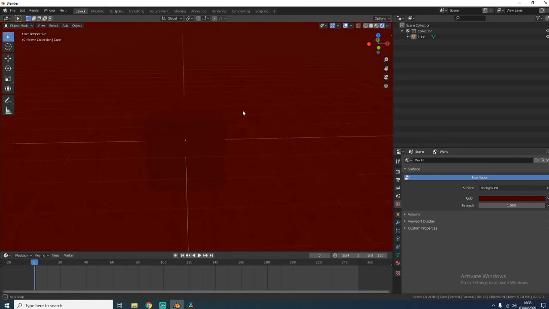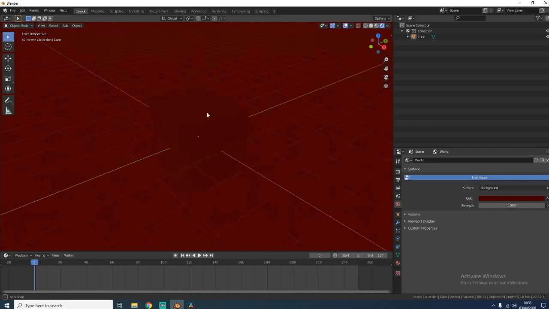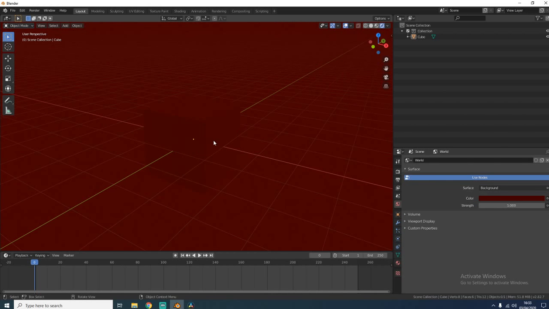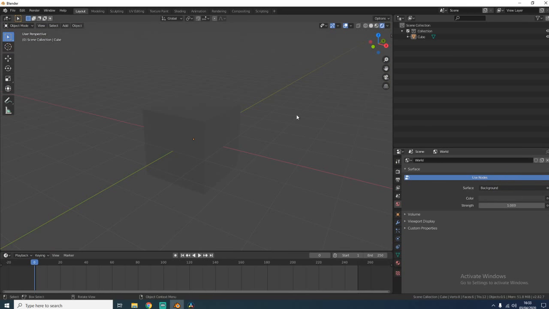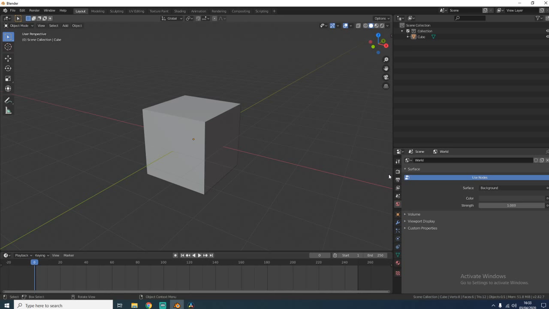Okay, so the object, it's red everywhere. And it's, of course, not something that you would do. You don't use it like this normally. So let's go back to our default color. Oops. Okay, well, that's something else I want to show you, as these are all the previews that